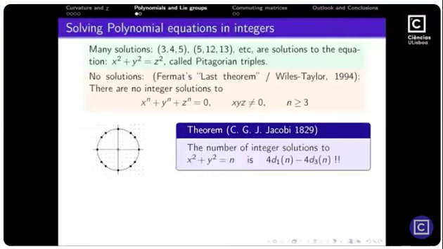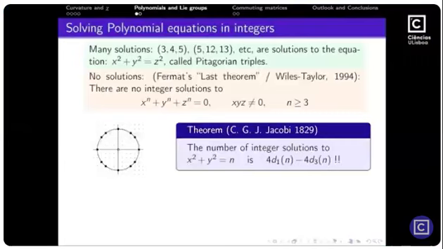And famously, Jacobi presented the complete formula for the number of solutions. D1(n) is the number of divisors of n which are congruent to 1 modulo 4, and D3(n) is the number of divisors of n congruent to 3 modulo 4. And if you take this circle here, which I wrote as having radius 5, then n is 25. The divisors of 25 are 1, 5, and 25. All 3 are congruent to 1 modulo 4. So we have 12 points here. This is a very interesting theorem by Jacobi.